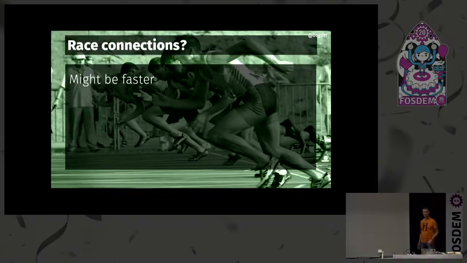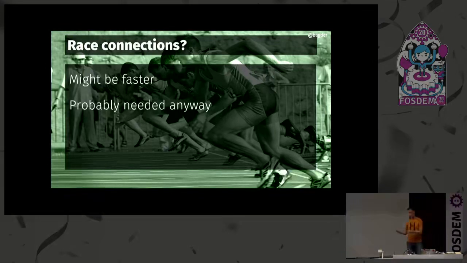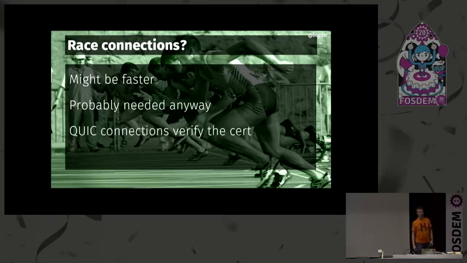But okay, so I'm sure that browsers and other users are going to race these connections. Why not just try both, right? Try the old connection and the new connection at the same time. And as I said, it's going to be needed anyway, because when you shut down your laptop and you bring it home and you open it up again, maybe HTTP/3 works now, maybe it doesn't, because someone is going to block it in one of the situations and not in the other. So there's going to be a lot of probing, stress testing, racing them against each other. And QUIC connections are verifying the server certificate anyway, right? So even if you just make a bet, it might be a QUIC server there. And if it connects, you know, because you validate the server certificate, so you know that you actually connect to the correct one anyway.